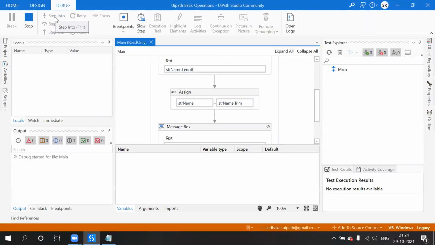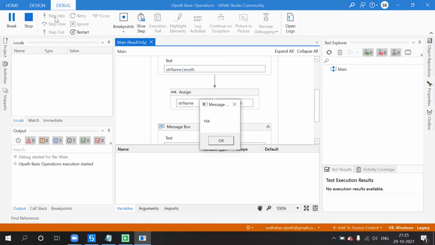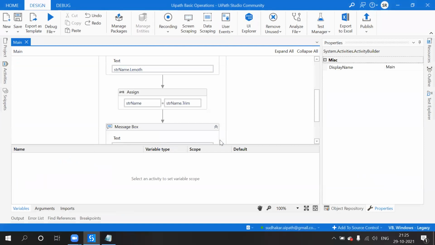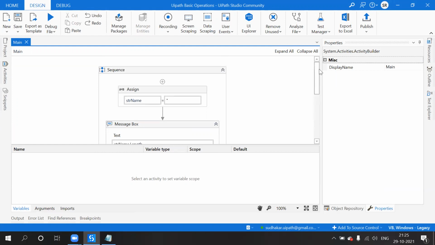That is called trim. So it will trim the spaces. Okay. So now we got the length of the string before and after. These are very useful functions.